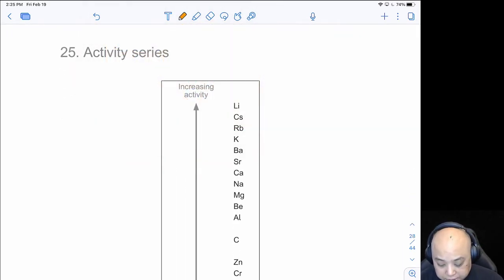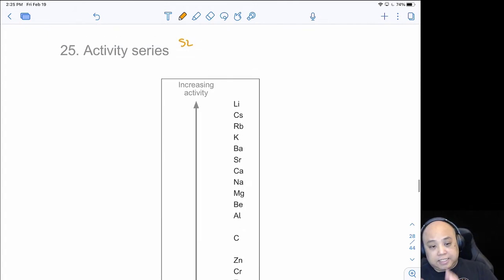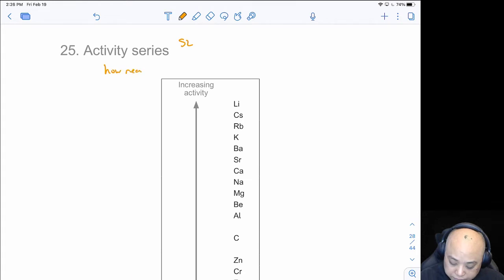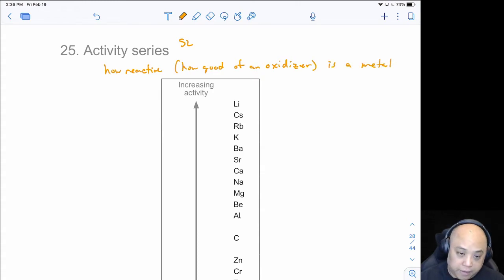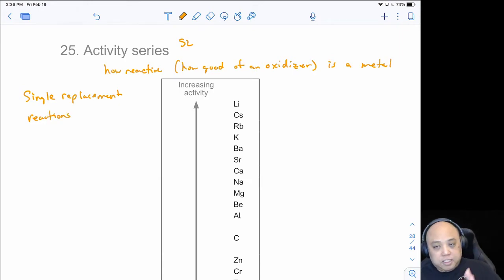The activity series. Now, this is SL as well, okay? The activity series is kind of a simplified version of the standard reduction potentials, but with just metals here. And you're looking at how reactive or how good of an oxidizer is a metal, okay? And so this is used for single replacement reactions. So this is when, will a metal replace a metal ion in a salt reaction? And so when you do this, you have to look at